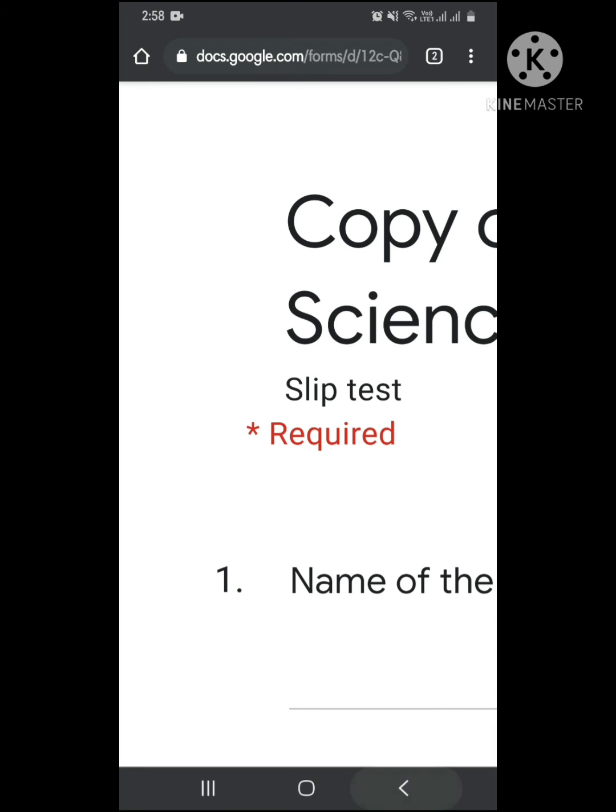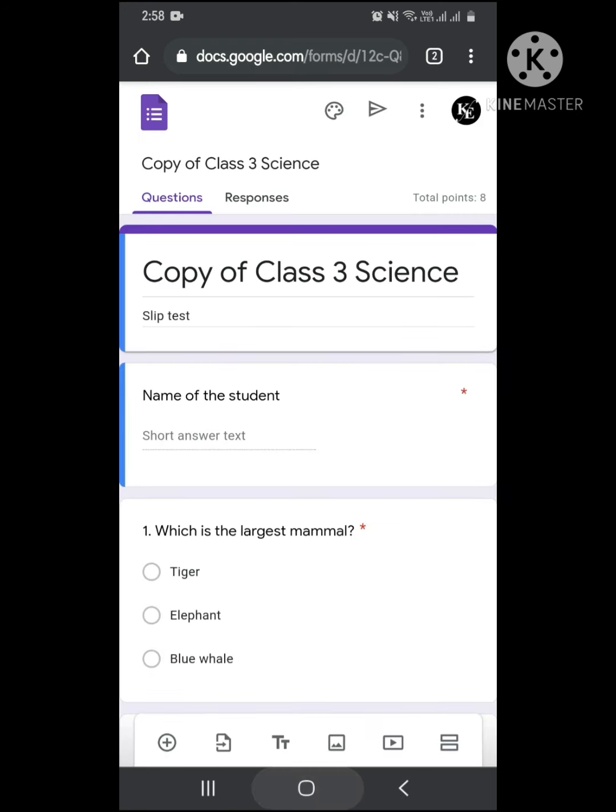So for this, we'll open our My Files and see in the downloads. You can even search it. So the name that we have given, like class 3, you can see here, copy of class 3 science PDF, and view it. So you can see here, this is the PDF format you have got.